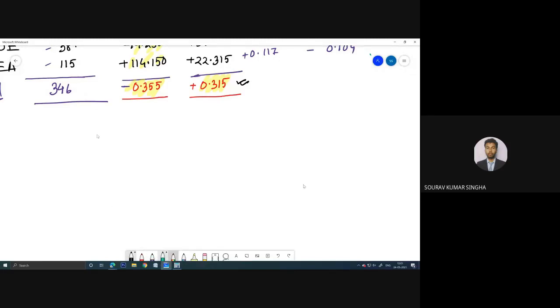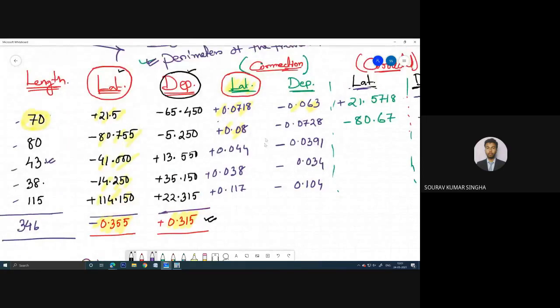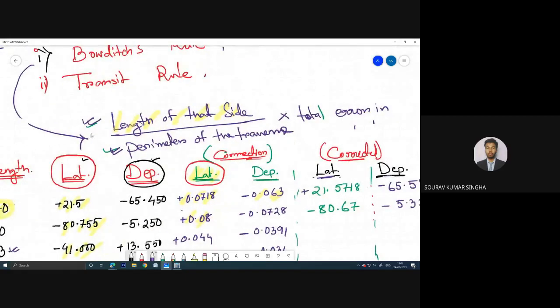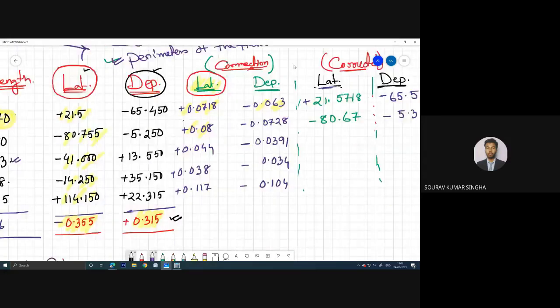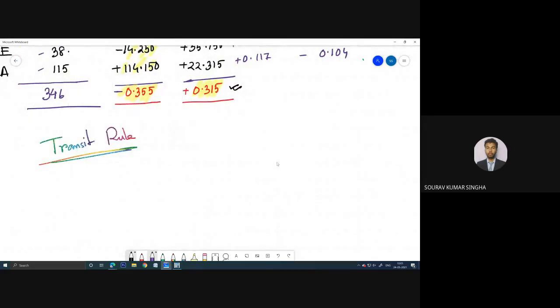another type of numerical, the transit rule. Let me show you the transit rule. The transit rule is very simple. Like I have shown you this formula, length of that side by perimeter of the traverse into the total error in latitude or departure. So what happens in case of the transit rule? Let me write. It is basically the latitude of that side